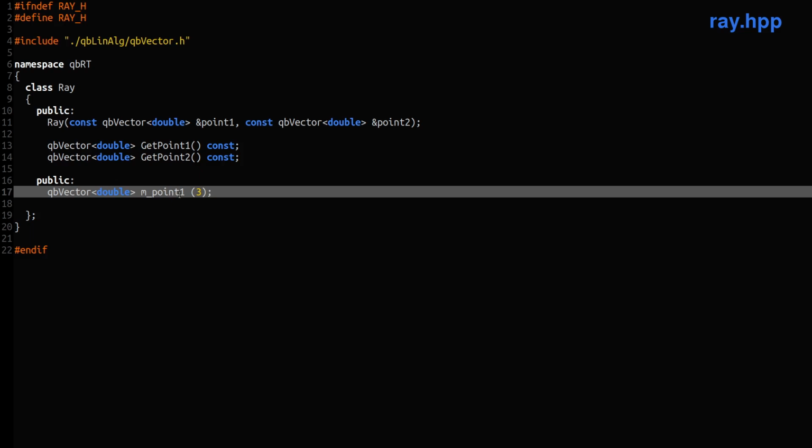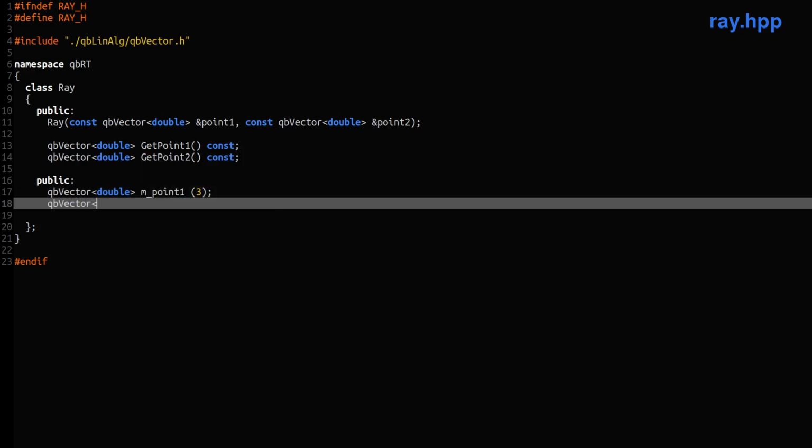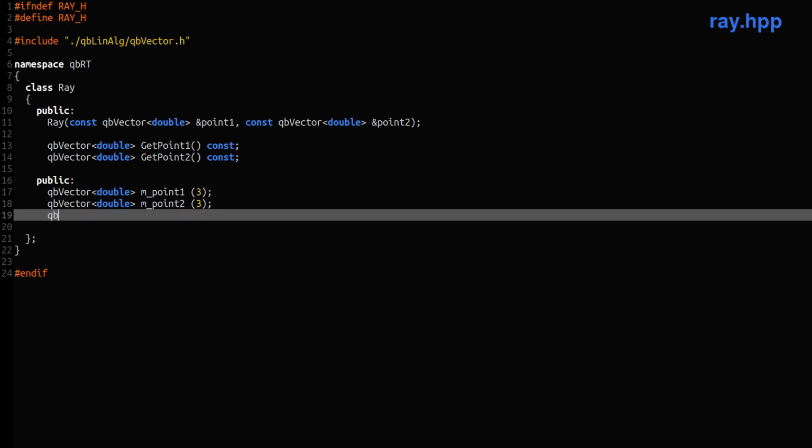What that will do is call that specific constructor of m_1 that accepts one integer as input, which will create a vector called m_1 of size 3 elements. Okay, so we have QB vector double m_2 like so, and we need one more, which we're going to call